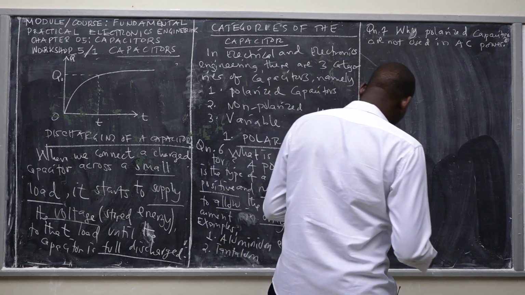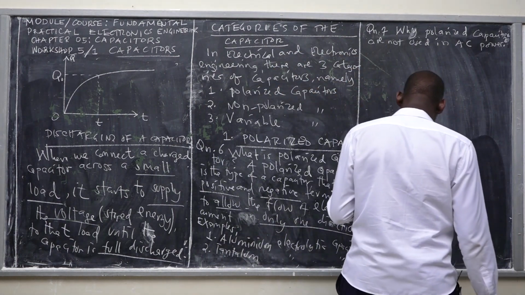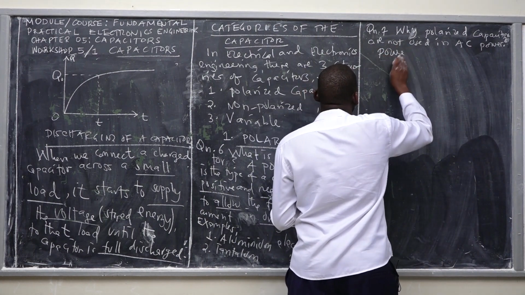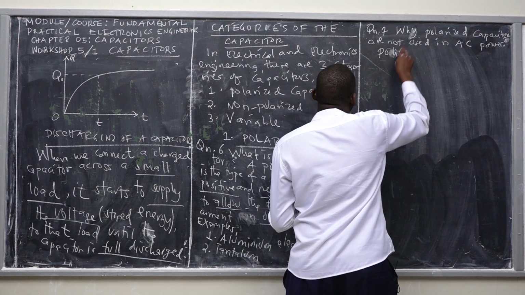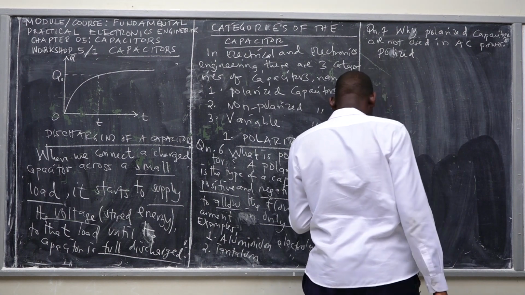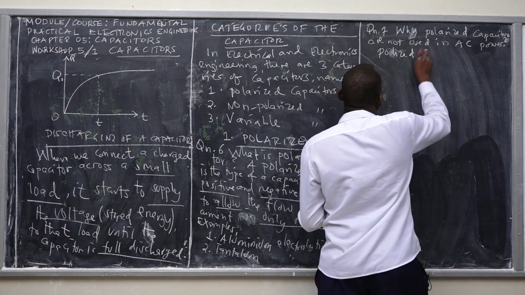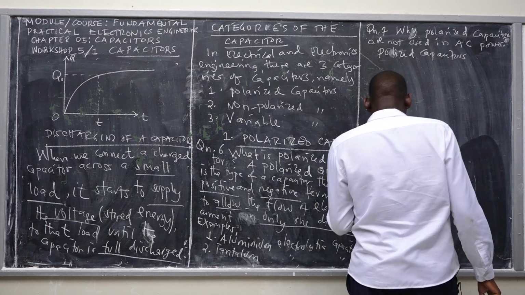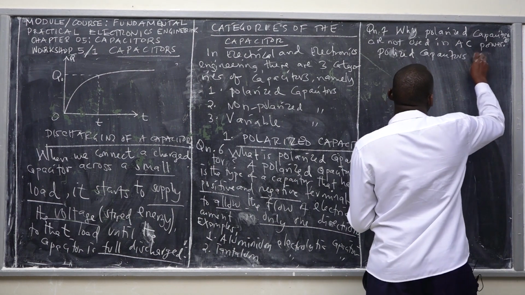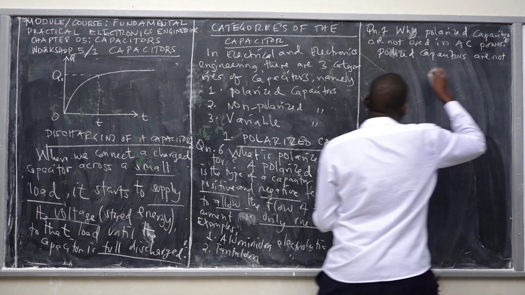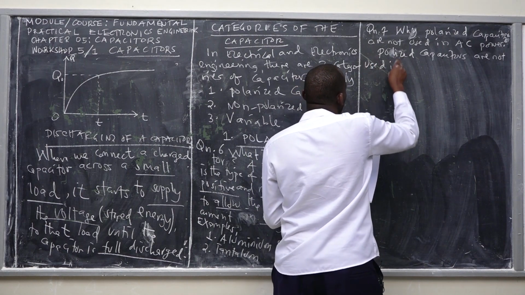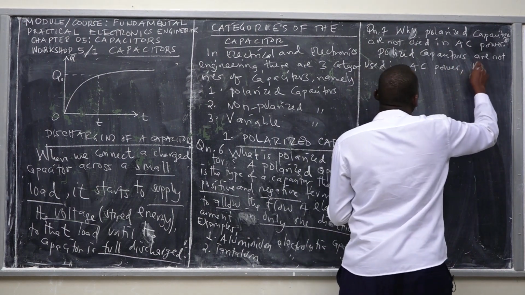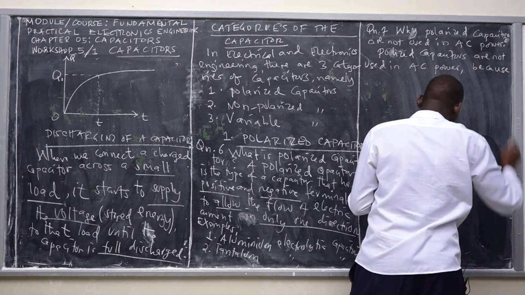So why? Can you take 30 seconds to think? Try to ask yourself why, if you've understood the concept of capacitor. So say polarized capacitors. This is the reason. Polarized capacitors are not used in AC power. Why? Because the